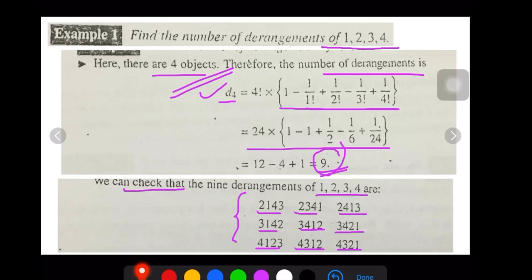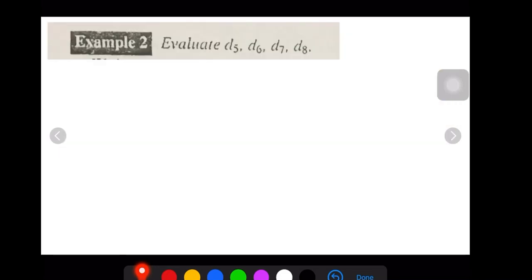Say for example, here in the first place 2 is there, in 2's place 1 is there, in the third place 4 is there, and in the fourth place 3 is there. In a similar way, all other possibilities are there. Similarly, you can also do this problem on your own. Evaluate D5, D6, D7, D8. As per the formula, you can apply it and compute the value. Try your